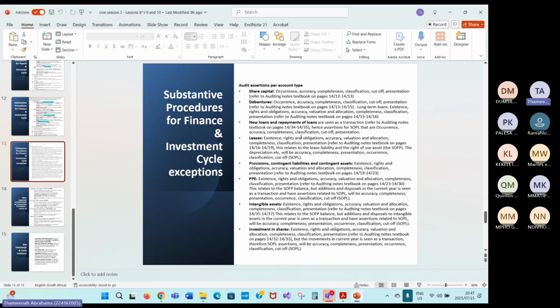Now, what if your client is a lessor? Remember, you're either going to have an operating lease or a finance lease, and you must see which it is, because from a lessor it will be an asset. So you need to go and see the accounting. But just go to the page numbers that I stated here. Pages 16 to 19 will have that.